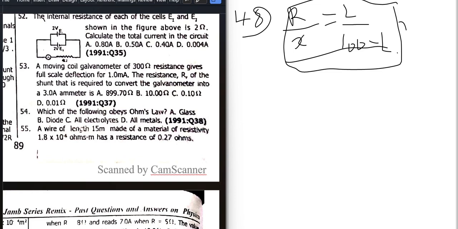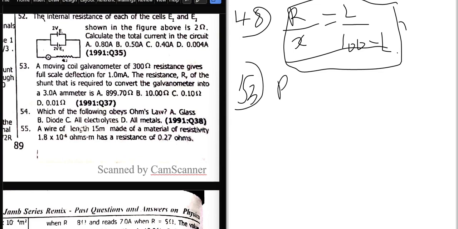External resistance is what we are looking for, or the resistance of the shunt. The resistance of the shunt, that's R shunt, that we're looking for. So for 53, the formula to solve is R shunt is equal to what? The current of the galvanometer, Ig, is 1.0 milliampere. Then we multiply that by the resistance of the galvanometer, which is 300 ohms, over